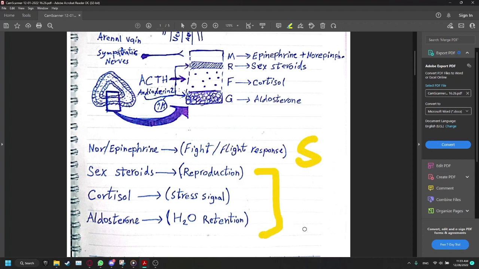Those are for long amounts of time. This one comes from the medulla, and it's stimulated by the sympathetic nerve. The other one comes from the adrenal cortex. It produces sex steroids for reproduction, cortisol, a stress signal for a long period of time, and aldosterone, which is important for H2O